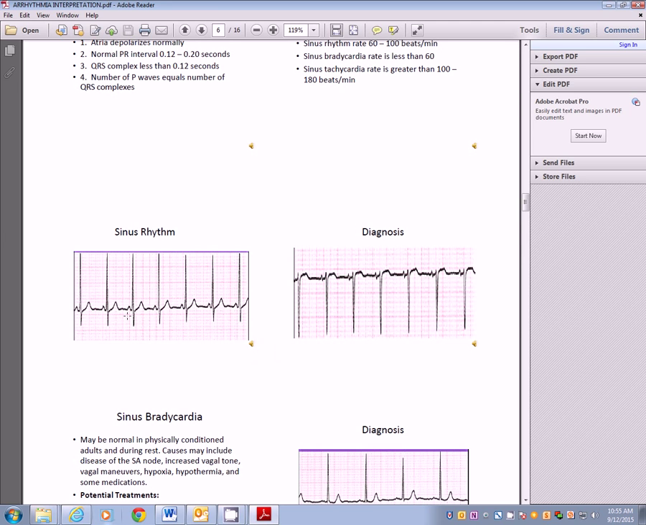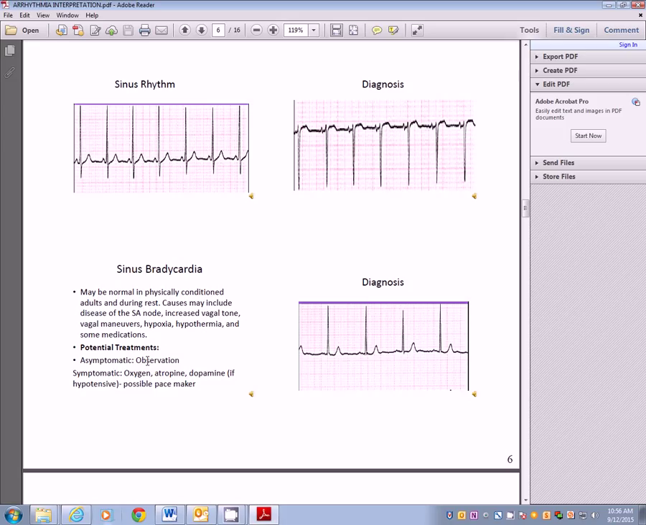Again, this is what we want to see with everyone's strip, but this is what we tend to see at times too. So don't let that fool you. Just follow your rules. If it falls within all those rules, then it is normal sinus rhythm. That's just in a different lead, and you'll learn to read the different leads. Okay. Sinus